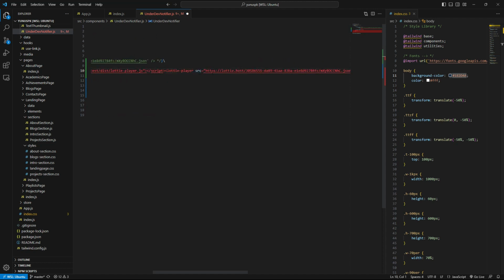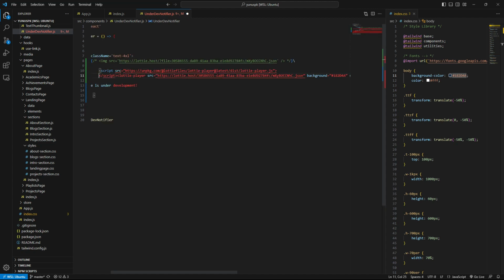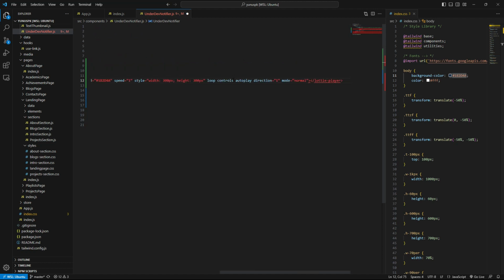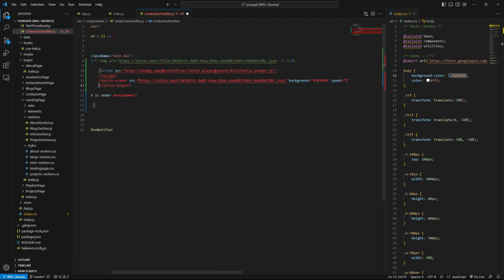But wait, what? You don't close that tag? Okay, yeah, they've closed the tag, and then they have this Lottie player or something, and then they have this Lottie file close here.